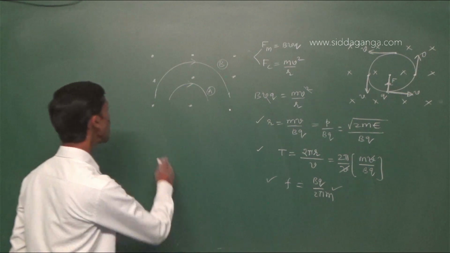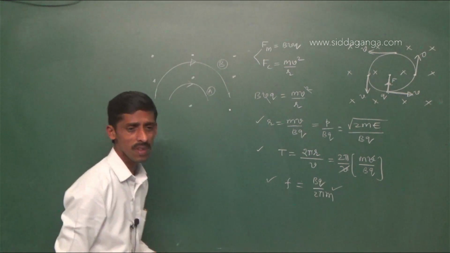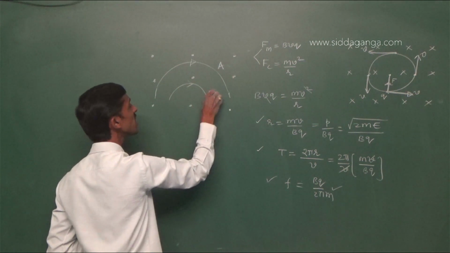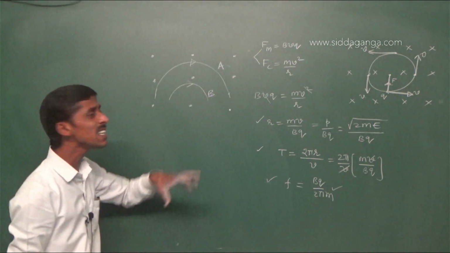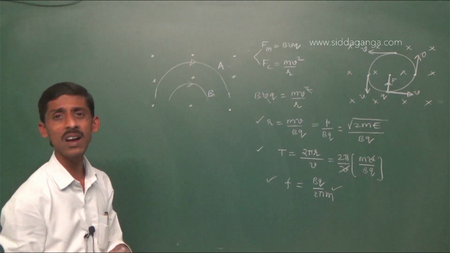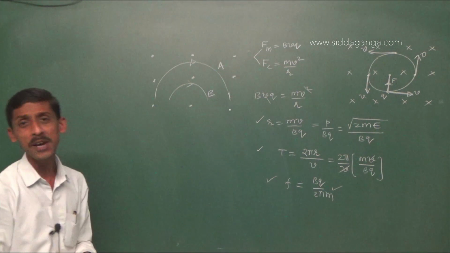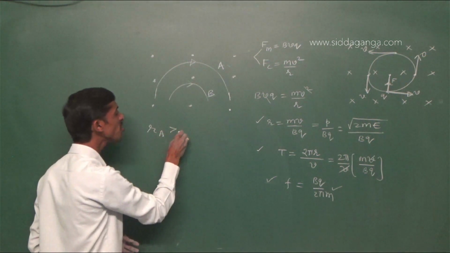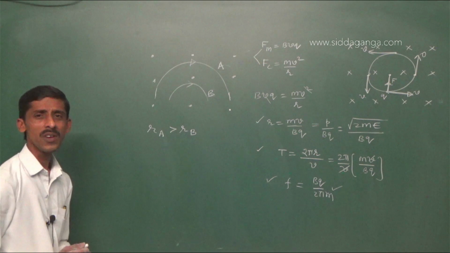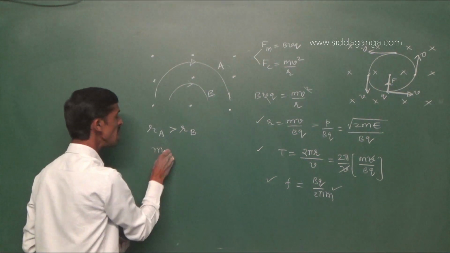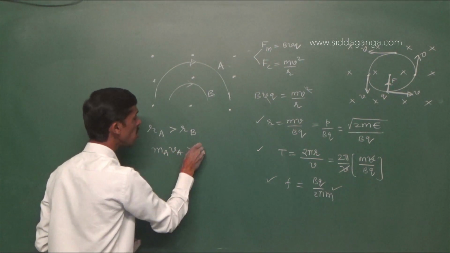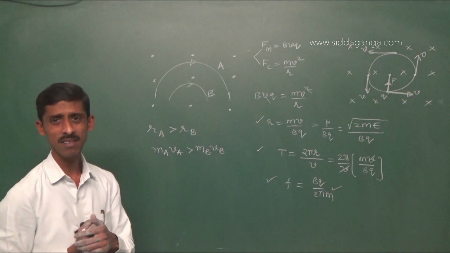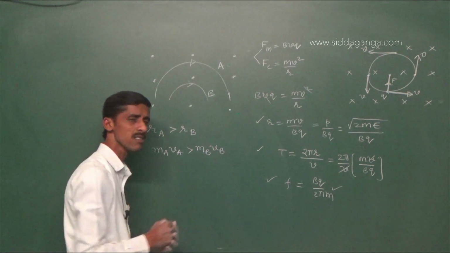So that is why, if you see the diagram, this is the trajectory of the particle A and this is the trajectory of the particle B. What is the information you can catch from this figure? Particle A described a circular path of large radius. Radius of particle A is more than particle B. So obviously MA VA must be more than MB VB. You cannot say only one. You cannot say only mass. Why? Because